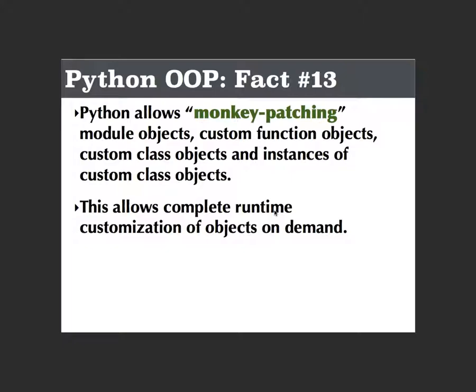This allows complete runtime customization of objects on demand. One example of monkey patching I will show you right here. One question is, if some program is running and we get some output from an object, we can add our attribute to it. So how is security? Security from whom? Someone can hack it, right? If we can add an attribute. User or a programmer? Are you telling me that Python objects are given to the user, so the user can type Python code? No, it's for a programmer.